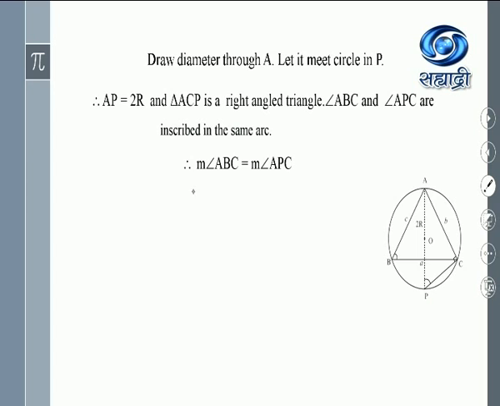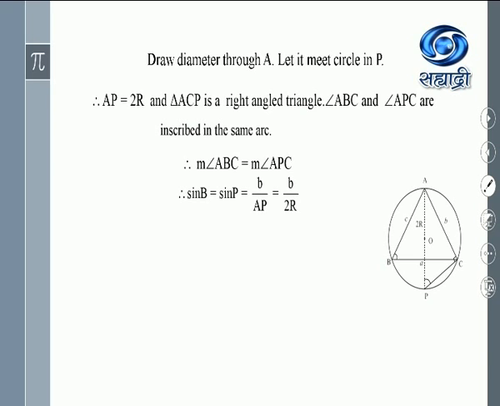But by notation, angle ABC we denote by capital B and angle APC we denote by capital P, and we take the sine ratio of these. B is equal to P we got, so B equal to P. Take the sine ratio, you will get sine B is equal to sine P. Now see how to get these terms. As I told you, this triangle ACP is a right angle triangle. This is angle P. Find out sine P.